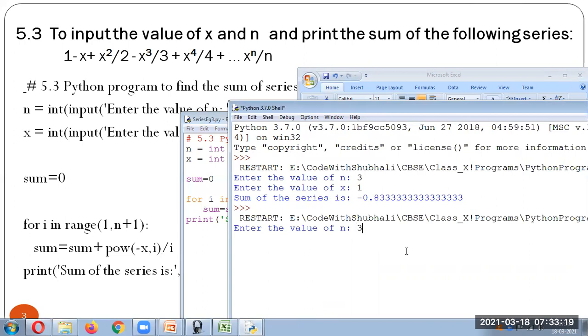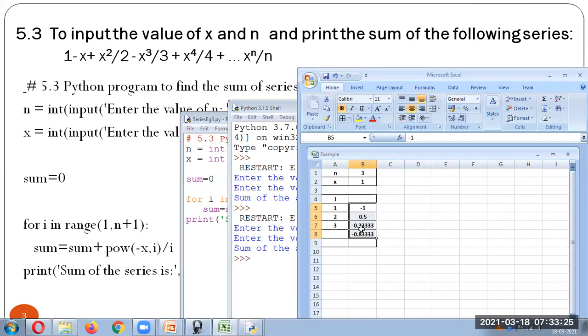We'll keep the value of n as 3 and the x value as 2. So in that case, we should get this. So let us check whether it is correct. Here, in the first case, it will be 2 raised to 1. 2 raised to 1 is 2 only.